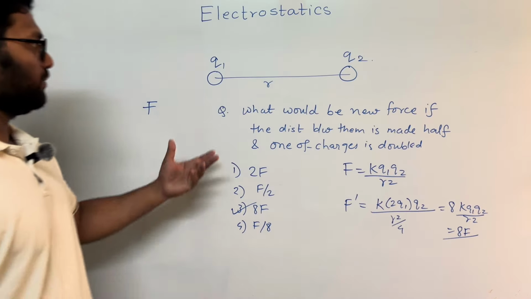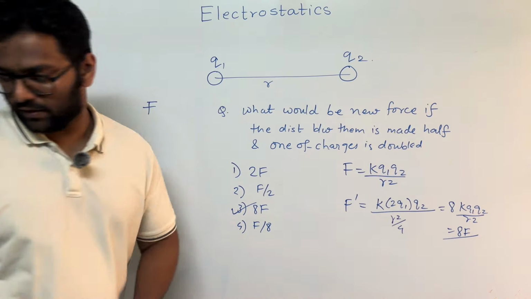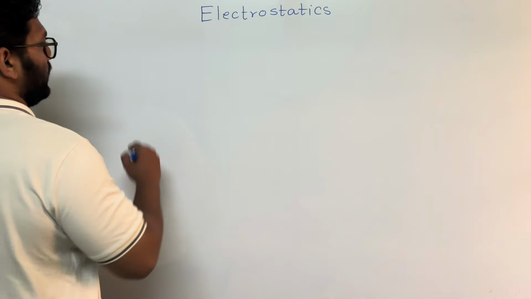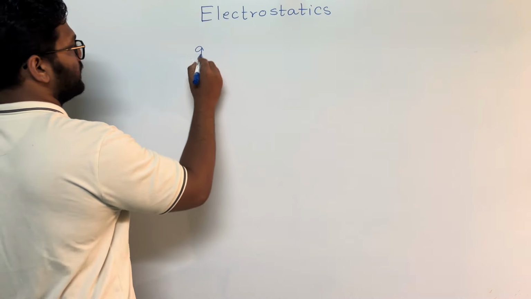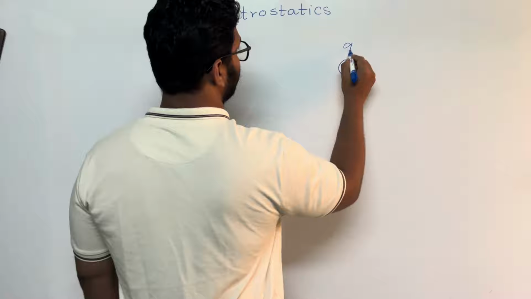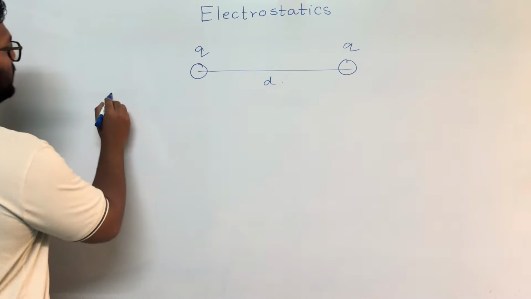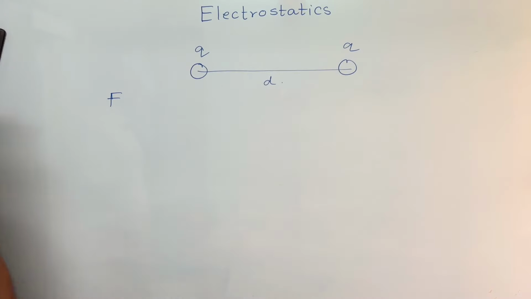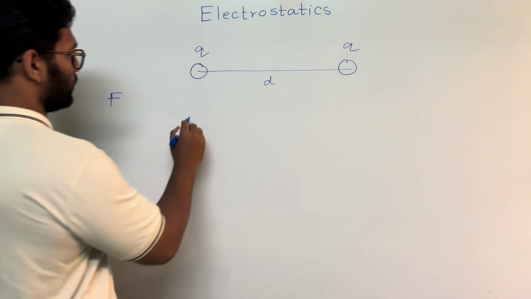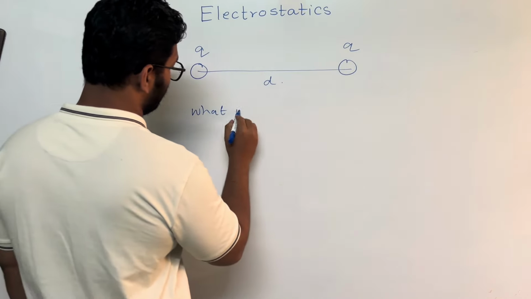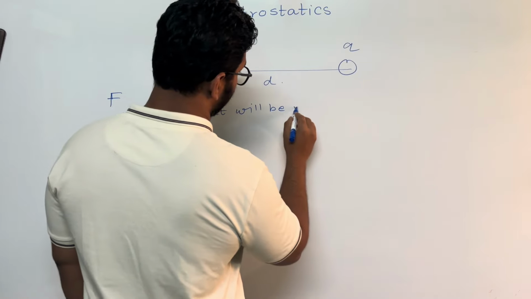Okay, so this was a simpler question. Let's look at the next question. There are two charges, let's say this is Q and this is Q, identical charges. The distance between them is D. Initially, the force between these two charges is F. Now the question is, what will be the new force